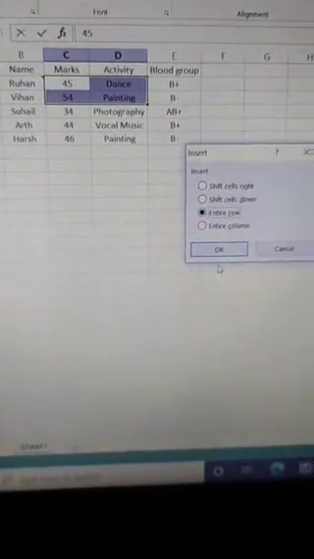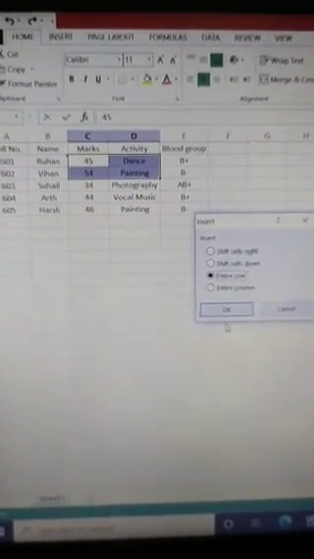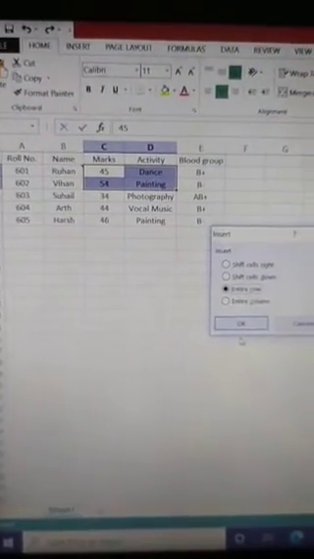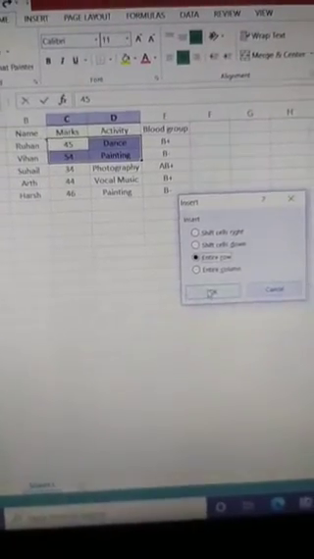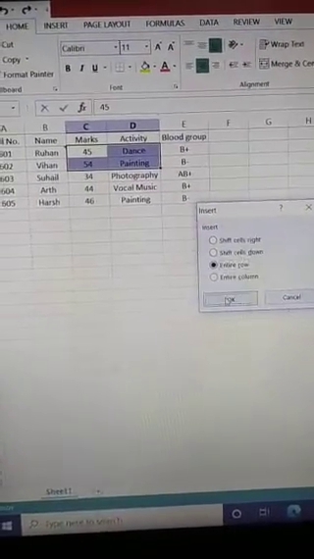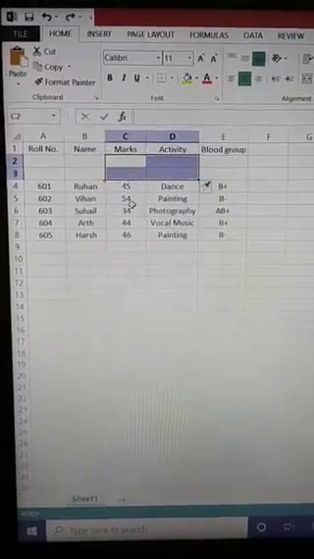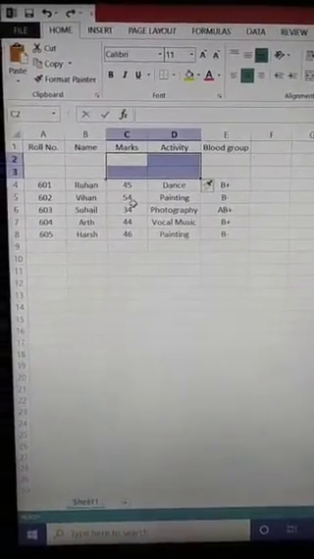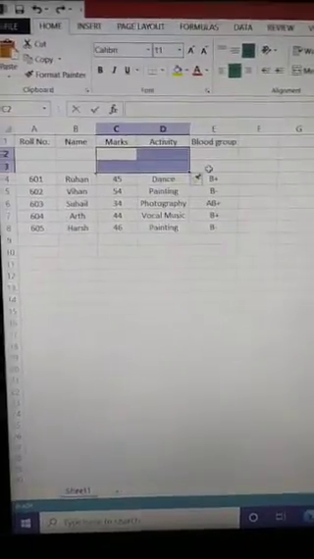If I press on Entire row, the rows that pass through the selected range move down and new rows are inserted. If I press on it, you can see that the entire row will be shifted downwards and two blank rows are created here.